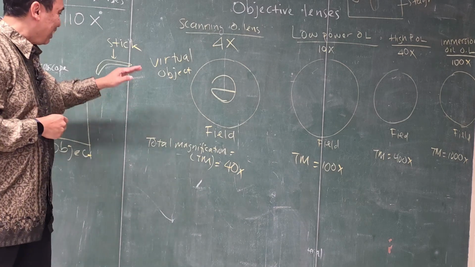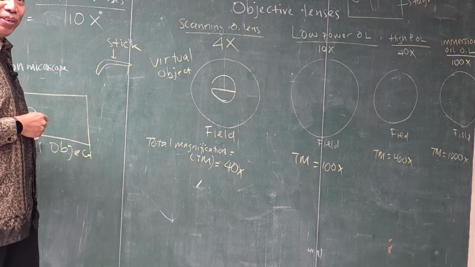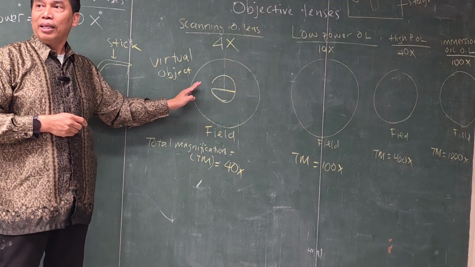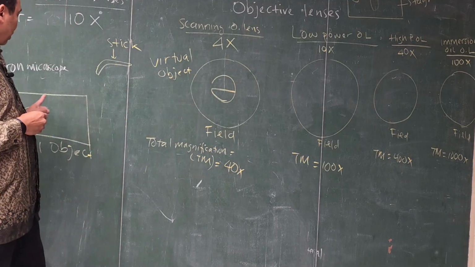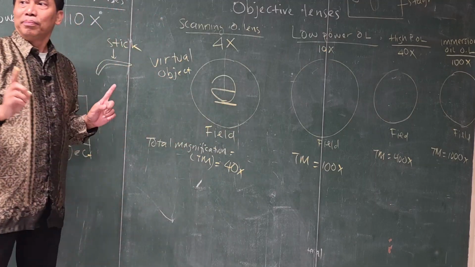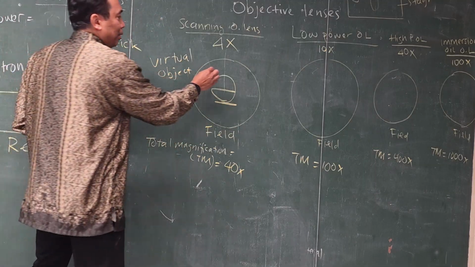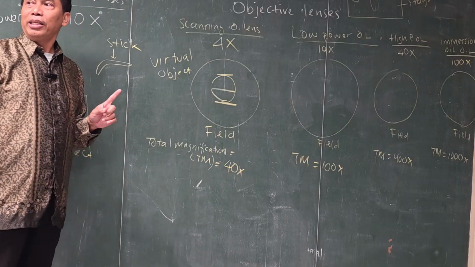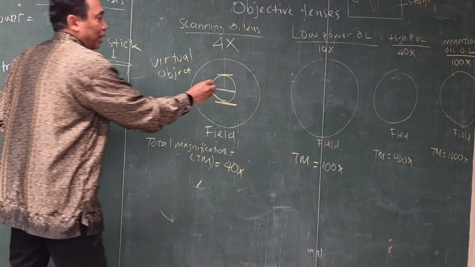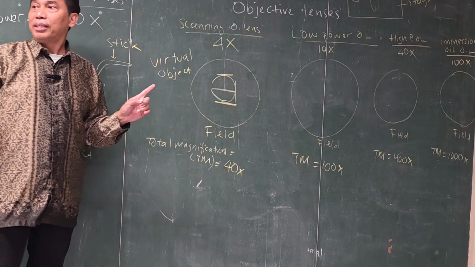Now look at this, this is the real object, which is letter E. What happened with the virtual object? It's changed. Look at the top one, now it becomes the bottom one. You see that one? The bottom becomes the top. Can you see that one, right? The left one is now on the right. See that one?